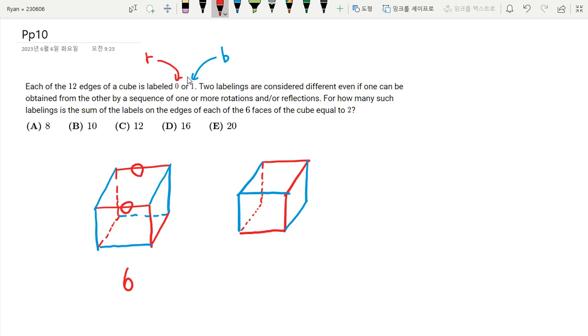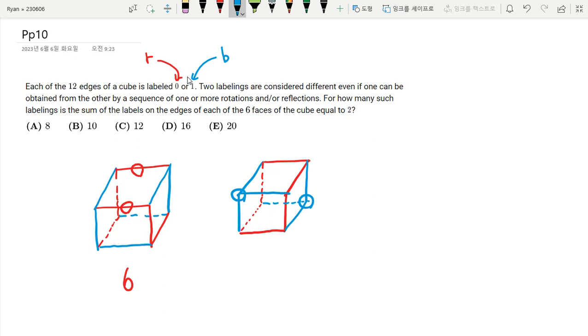And then for the back side, it has two red lines and one blue line, so another hidden line should be blue. So we can make this type of example. Now all red lines or all blue lines are not parallel, and the property of this one is that for the corner, all blue lines start from one corner, and these corners are